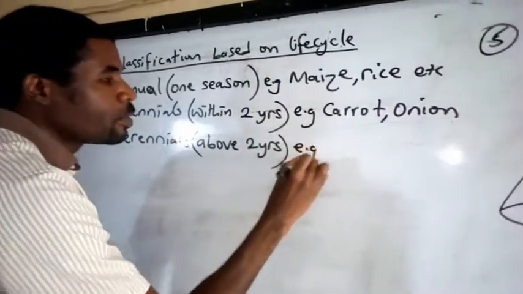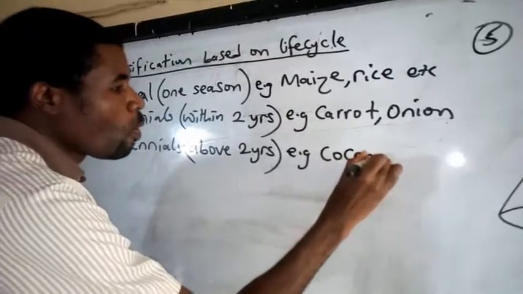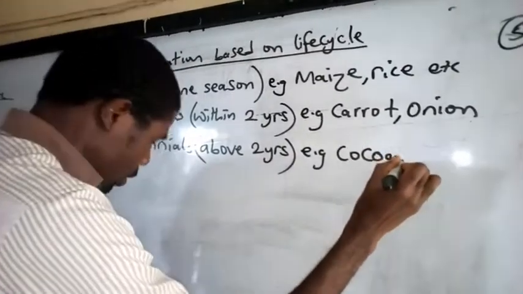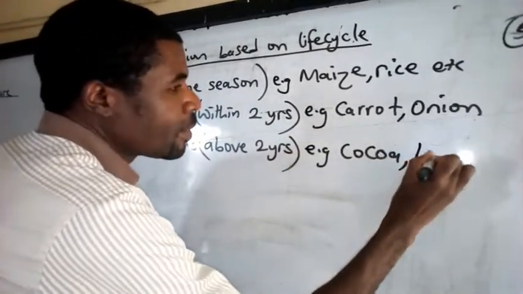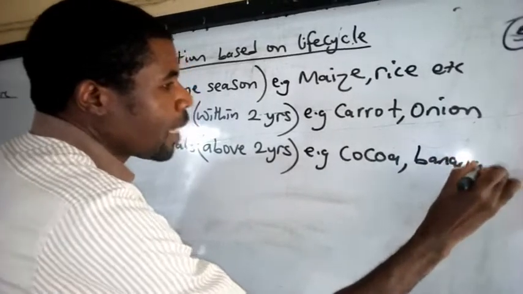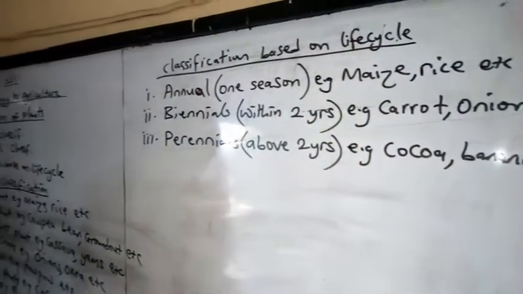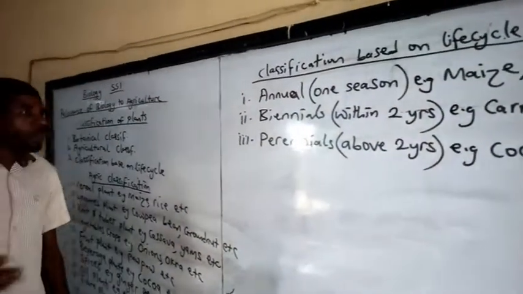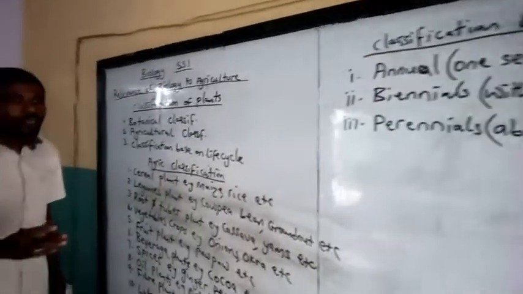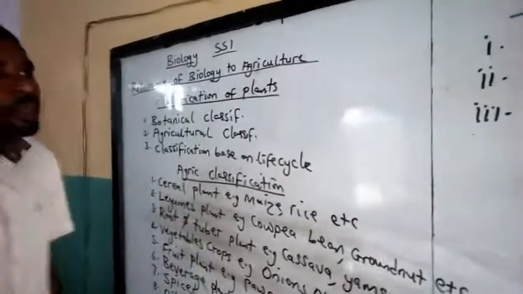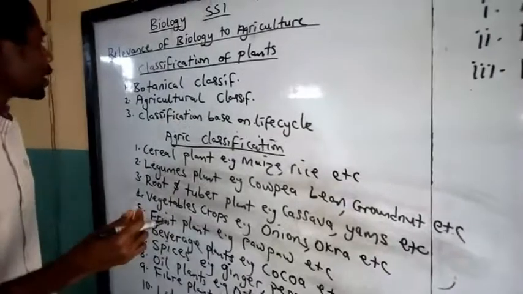So example, we have cocoa, we have banana, plantain, etc. So I want you to go through these notes, ask questions where necessary, look at the classification again,